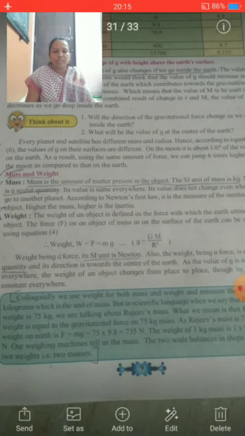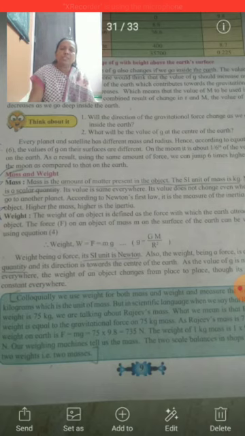For an object at an infinite distance from the earth, the value of g is 0 and the earth's gravitational force does not act on that object. As the object goes to infinite distance, g goes on decreasing and at last it will be 0, and therefore the value of potential energy there is 0. Thus, for smaller distances, that is heights, the potential energy is less than 0, that is, it is negative.